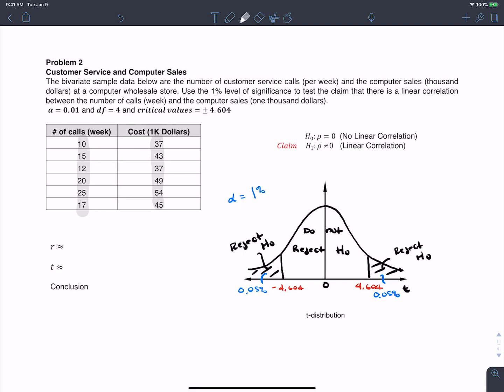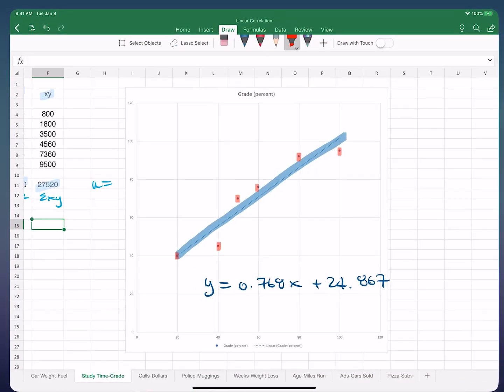So let's go back and I'll remind you, you're going to look at your data. So the first column, I guess we want to use red maybe so it stands out. That's going to be our what? The x variable. There's the y variable. So I know this is a linear correlation coefficient or linear correlation kind of question, right? And you start with this data here. And this is customer service and computer sale calls. So here's our data. And what I'll do here is I'm going to go out to my